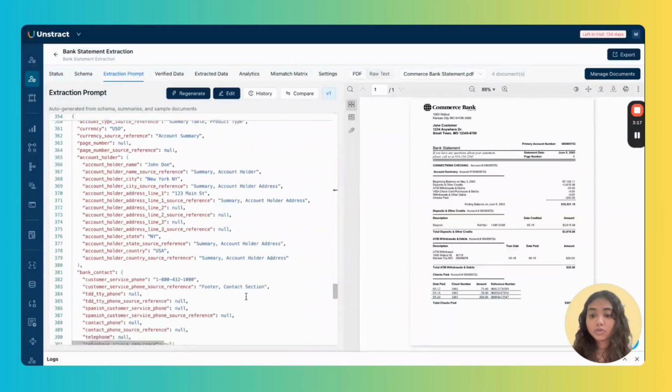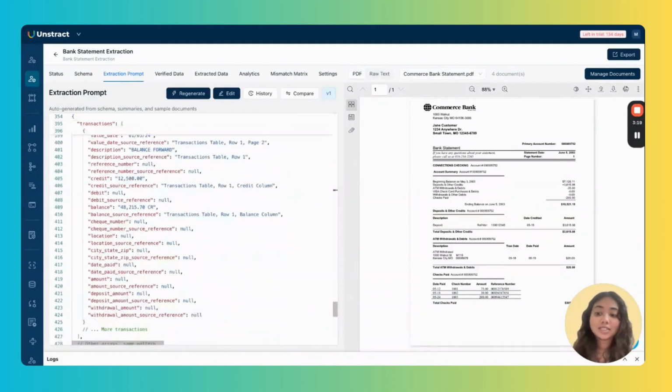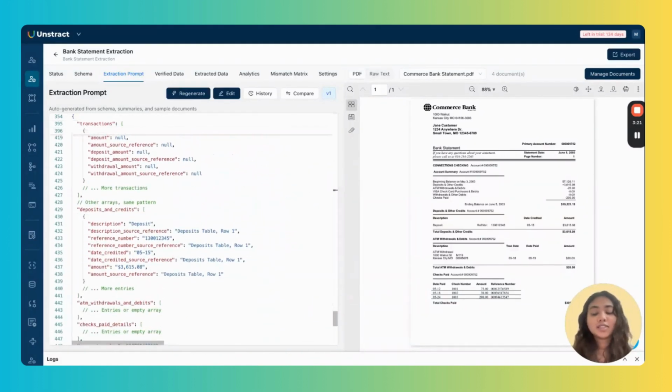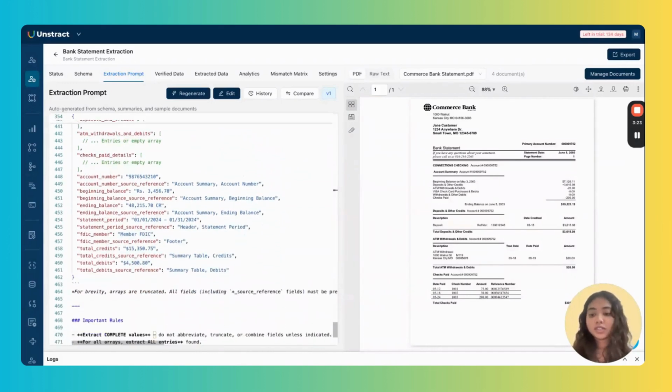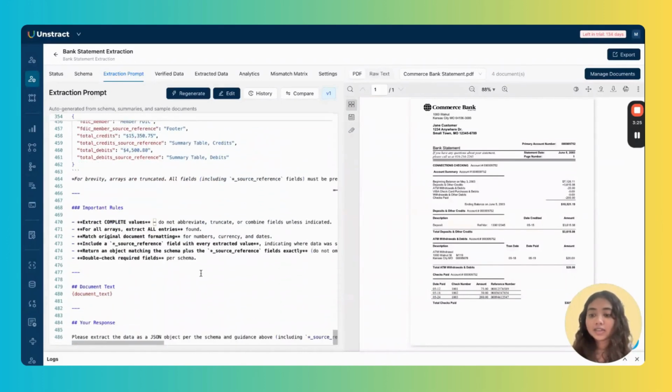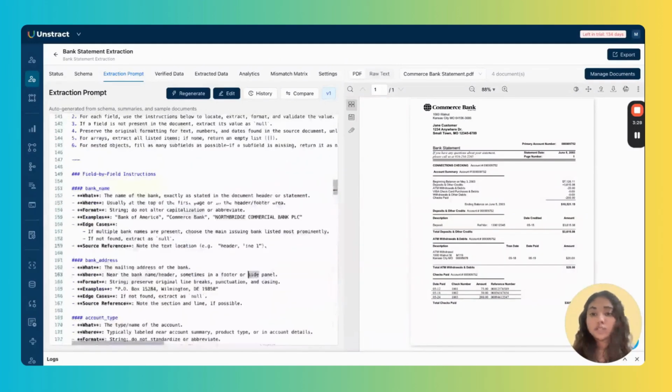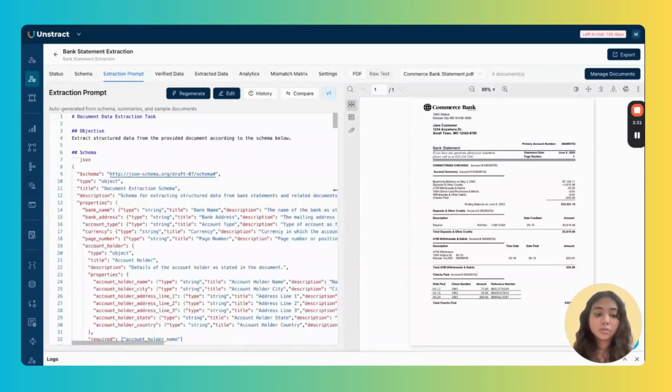Now I have the output formatting over here, which is basically a sample set of output that the system takes as reference while generating the data. And then there are certain important rules before you conclude the prompt. So this prompt is also editable because I might need to add on some details or change certain things based on the specific use case. Or business requirements are constantly evolving, so I might have to change the prompt from time to time.